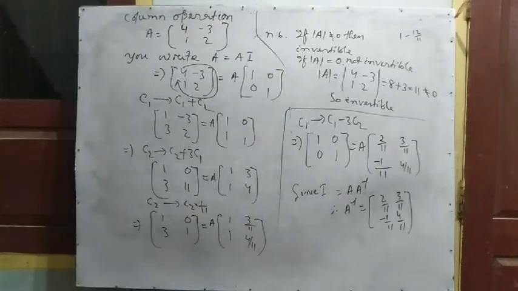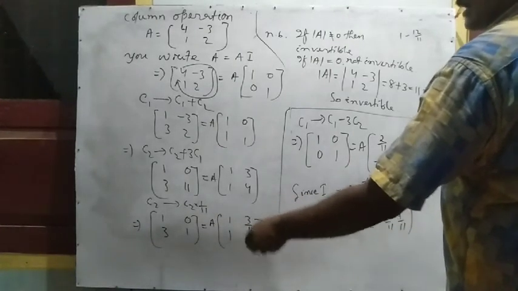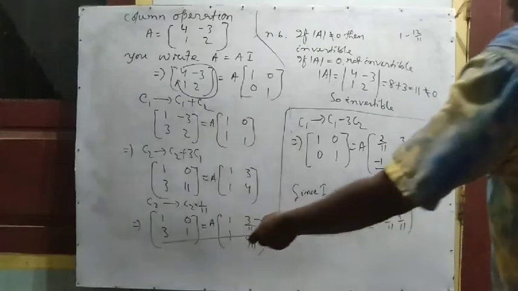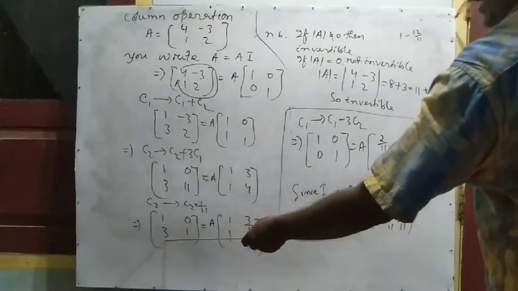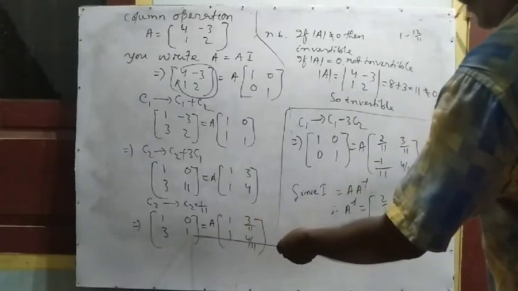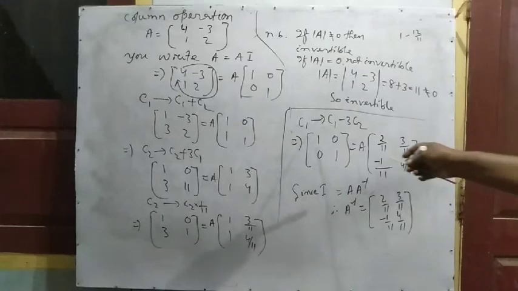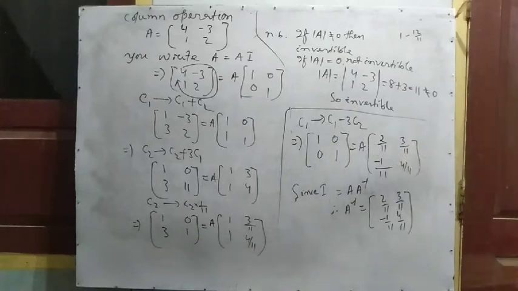So next one, the single term remains, that is 3. So in column 1 we have to change now column 1. Column 1 minus 3 times column 2. Here it is 3, here it is 1. Column 1 minus 3 times of what? Column 2. Here you write, written I have already. Column 1 changes, column 1 minus 3 times of this.